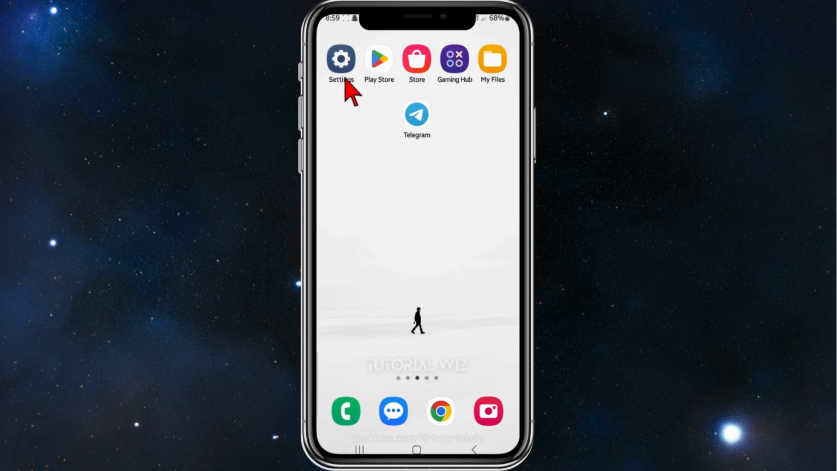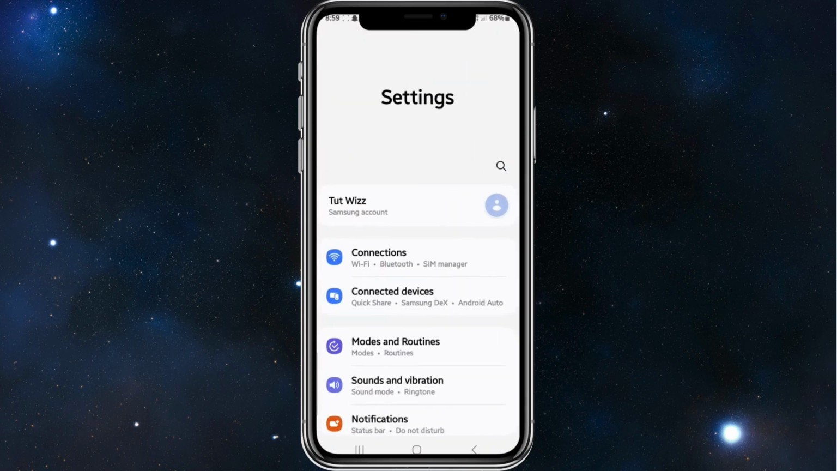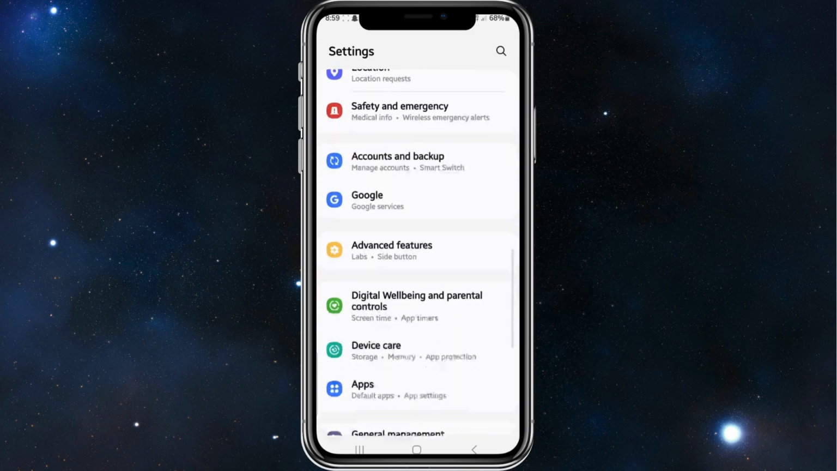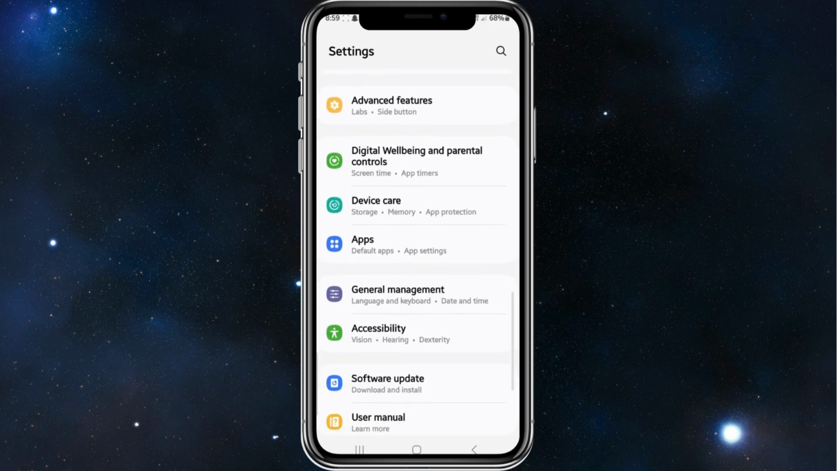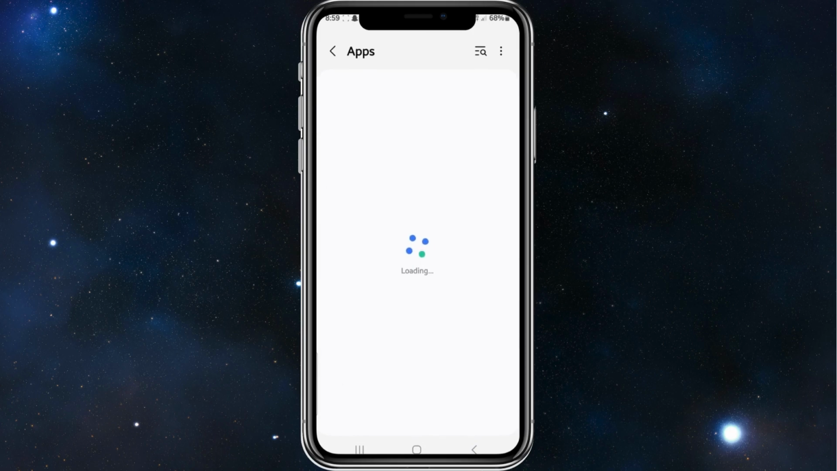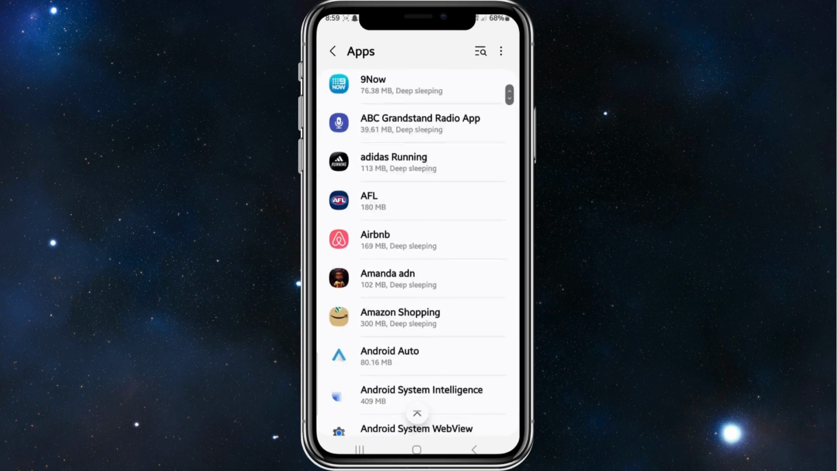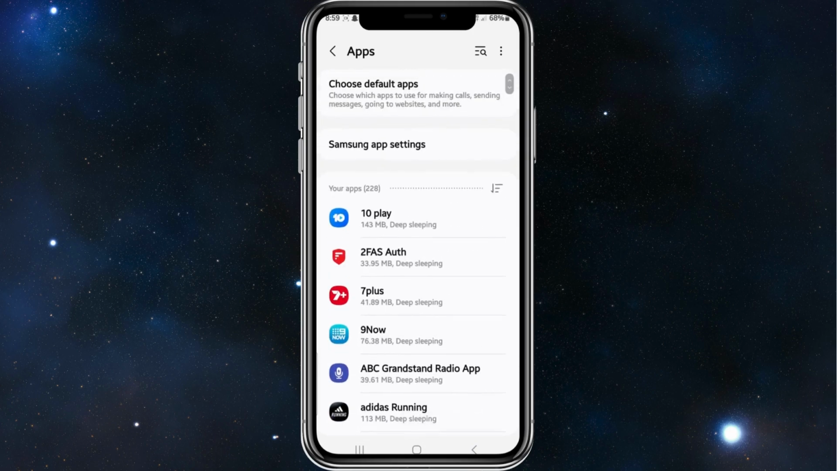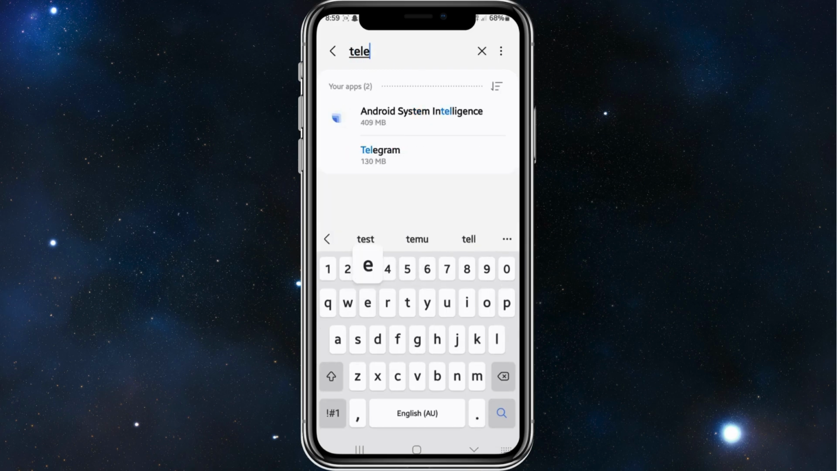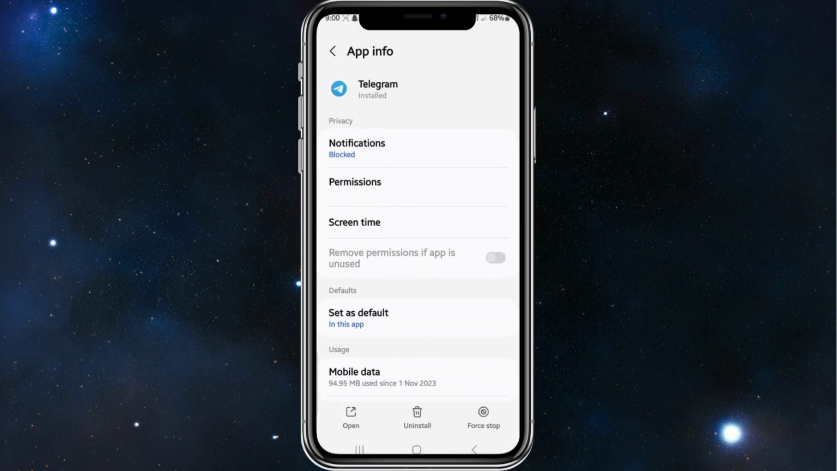Alright guys, the first thing you need to do is head over to your settings app on your phone and scroll down and look for apps. Once you found it, click into it. And then you can manually search for Telegram or click the search bar and type in Telegram, click into it,